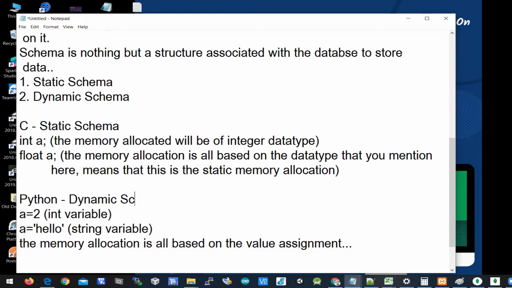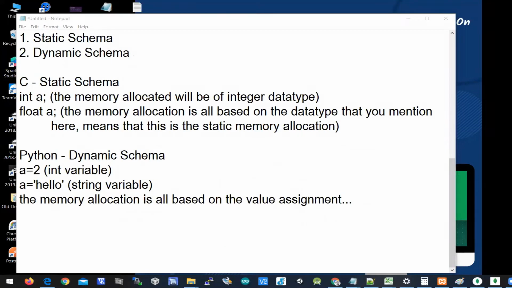So the memory allocation in Python is allocating memory dynamically during runtime. But when you look at C, the memory allocation is always based on the data type which is mentioned during declaration. But in Python, the memory allocation is always based on the value assigned to it. When you write some variable called b in Python, memory allocation cannot be specified until you store a value. When you store a value, then immediately memory will be allocated. So that is why in Python you'll have runtime memory allocation.